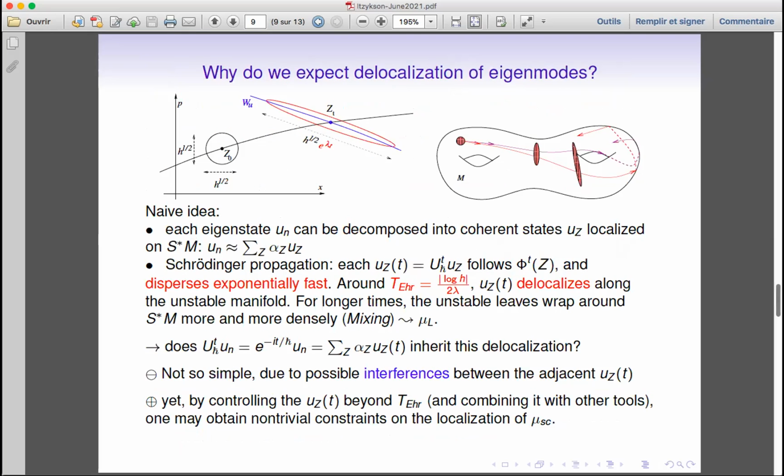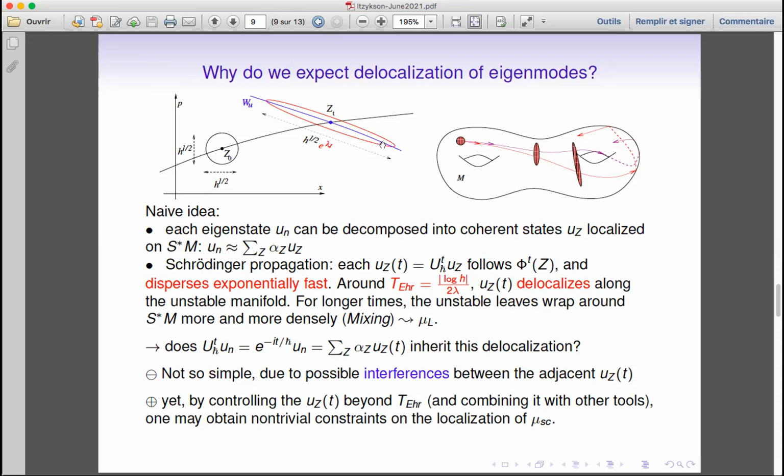And so why do we expect delocalization? We expect delocalization because if you look at Gaussian wave packets and you evolve them, you can analyze this evolution rigorously, and these wave packets will spread. Due to the hyperbolicity of the classical flow, the wave packet will be deformed exponentially fast. It goes like e to the lambda t, where lambda is the local Lyapunov exponent, if you want. So after some logarithmic time, which is called the Ehrenfest time, some multiple of log 1 over h,